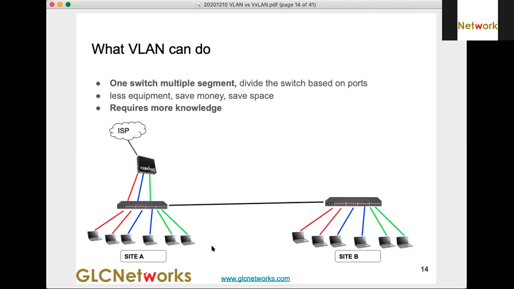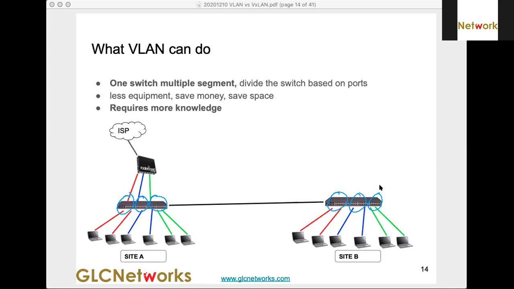Instead of 3 physical switches, you have only one physical switch, and inside the switch you are partitioning it based on the VLAN. Here you have 3 partitions inside the switch, so we can separate the switch logically. Physically it's just a normal switch, but you can configure it, and then they will become separate groups.